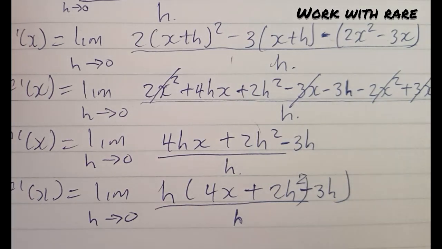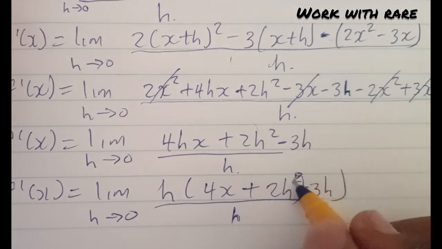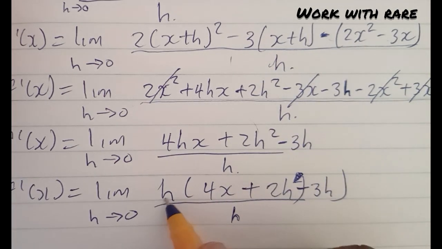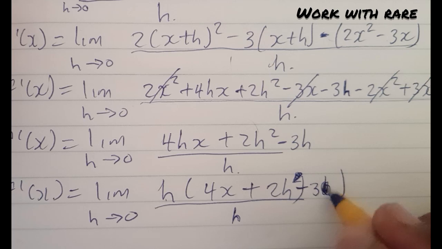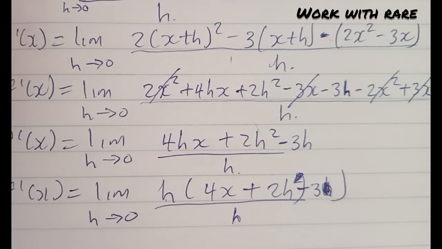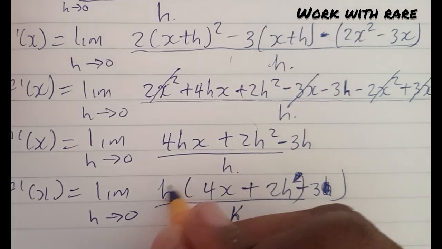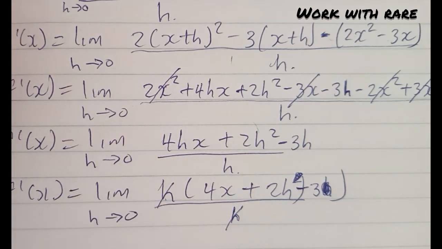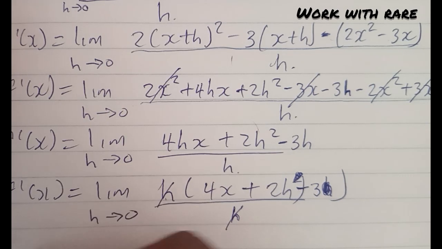Here it's squared, but here it is not squared, which means when I have h here, here I will have only 3. Yes, so this h will cancel this h, and here I'll remain with